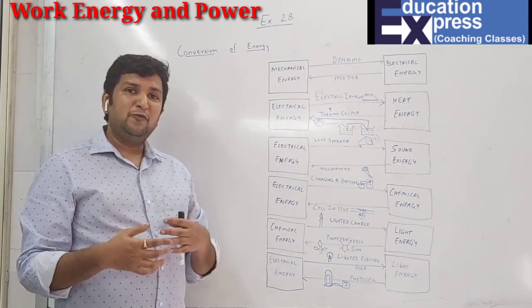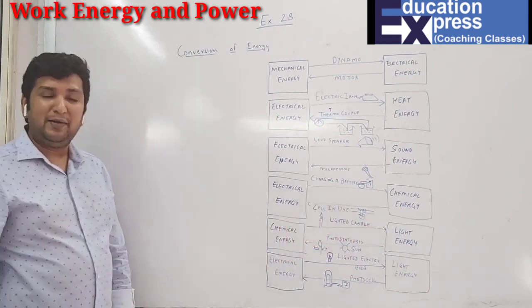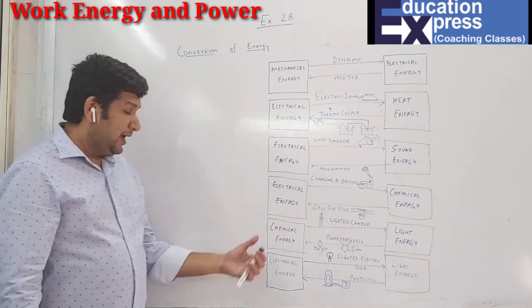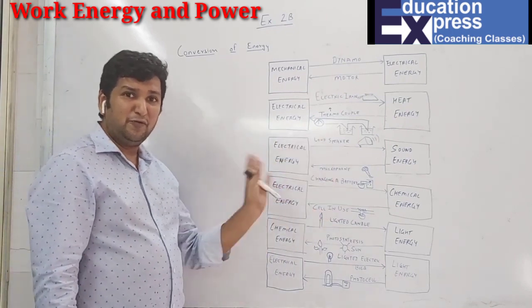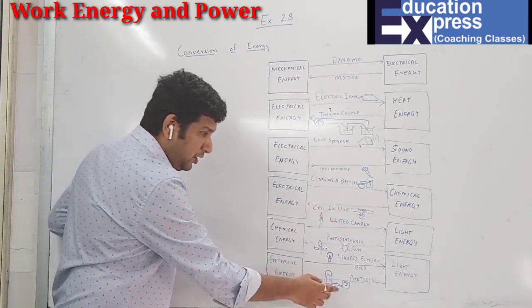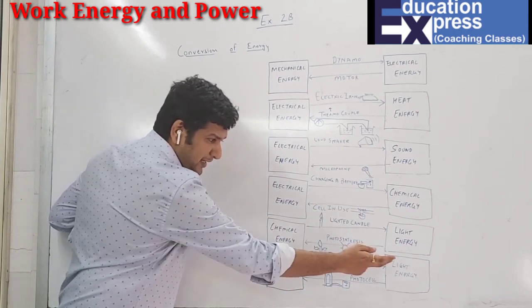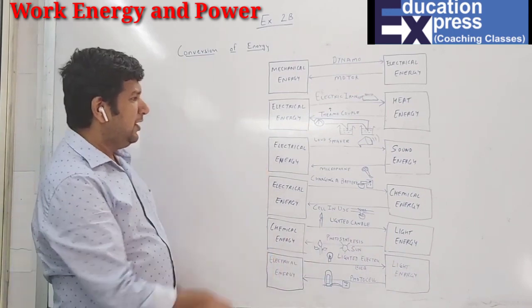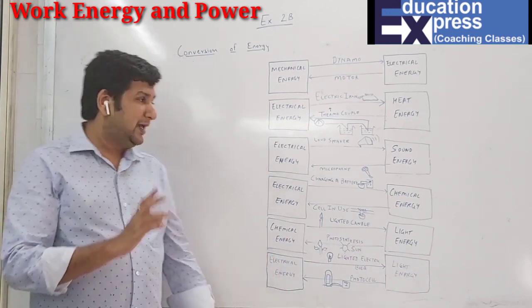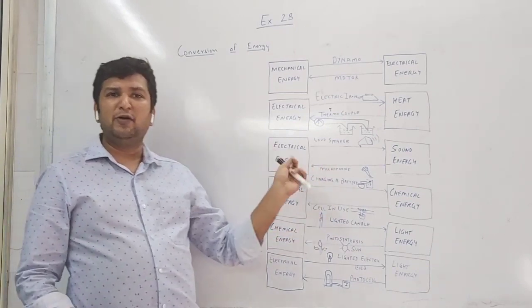Plants, when they make their own food, carry out photosynthesis in which they use the light energy, which gets turned into chemical energy, that is ATP, adenosine triphosphate. But you don't have to write all these things, you just have to write the conversion of which energy to which energy. Similarly, the bulb converts electric to light, and a photocell converts light energy to electric energy. This is just a table you have to remember. They'll ask you a particular term, microphone, charging battery, whatever, and you just apply the conversion from one form to another.